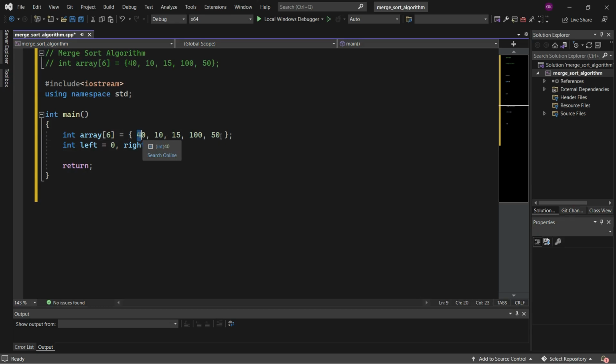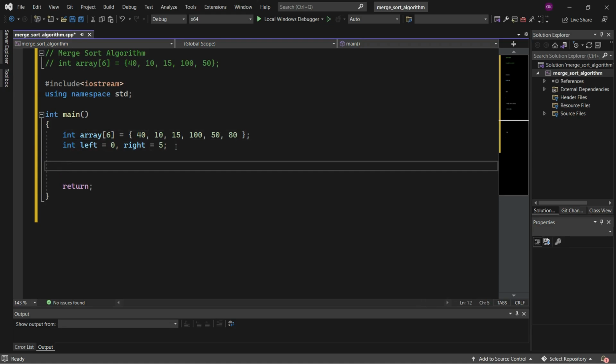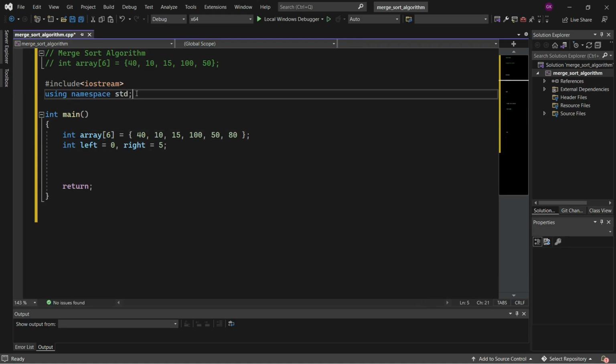How many elements do we have? We need one more element, so let's add it as 80. Okay, so now we have 6 elements here: 40, 10, 15, 100, 50 and 80. So indexing starts from 0: 0, 1, 2, 3, 4, 5. So right is 5. Okay, now let's define one method here,